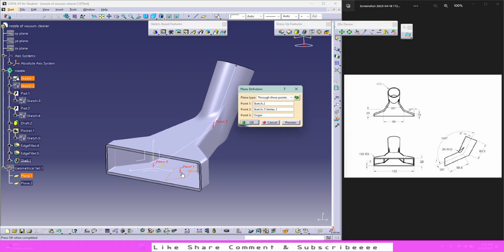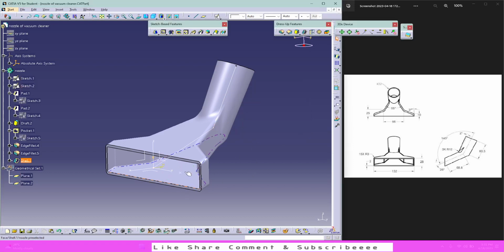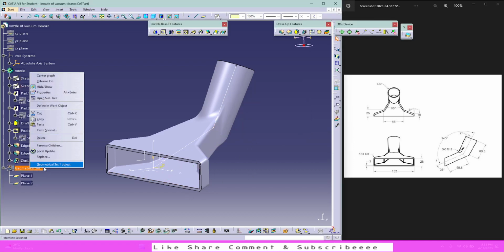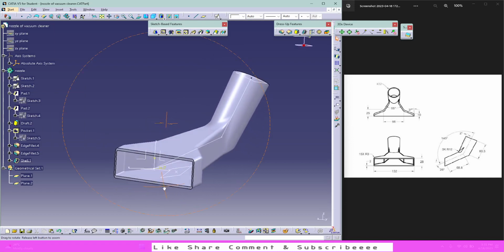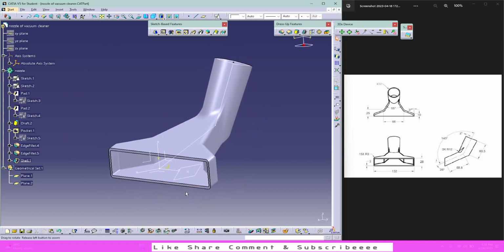So I used these 3 points: my point, this one which I created on the horizontal axis, the origin point, and this point. So in that way I created a plane that looks like this. So this is what we wanted, a plane that goes like this,